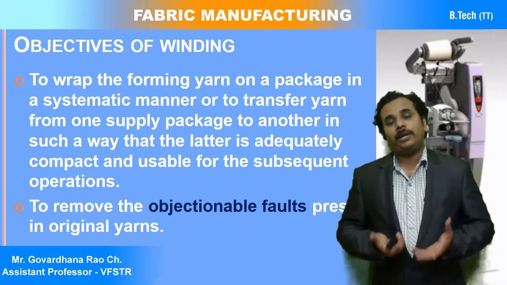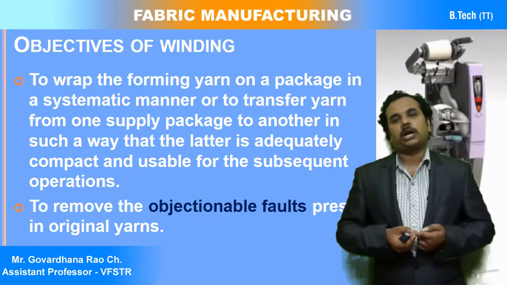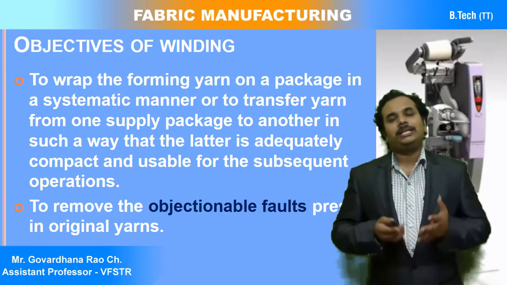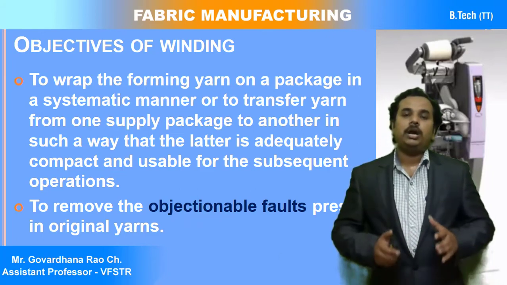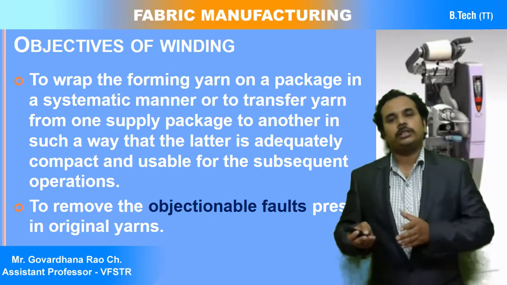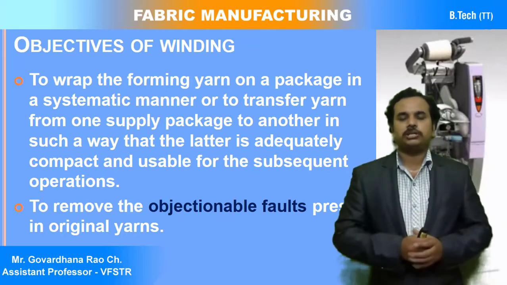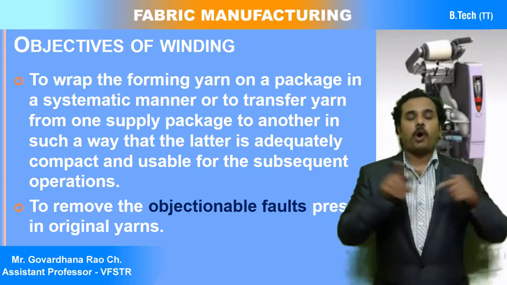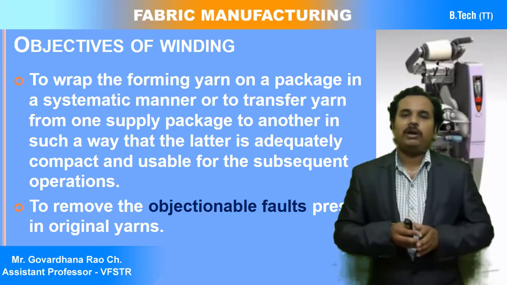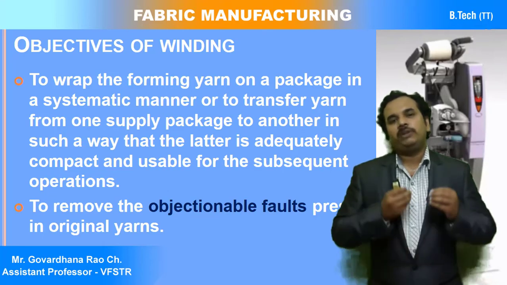The fabric appearance is going to be spoiled, because these thick places are going to appear on the surface of the fabric. So that is why these objectionable faults should be removed in the processes before weaving. Before the weaving process, we need to remove all these objectionable faults which are going to spoil the fabric appearance. So that is why we have a clearer mechanism in the winding, so that it will identify